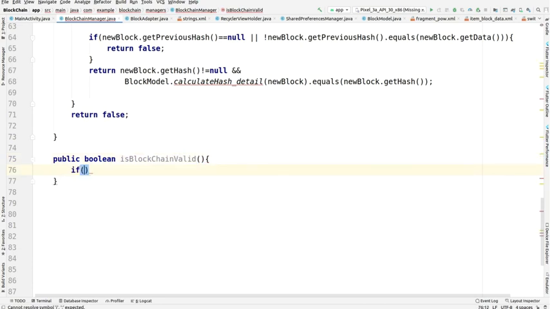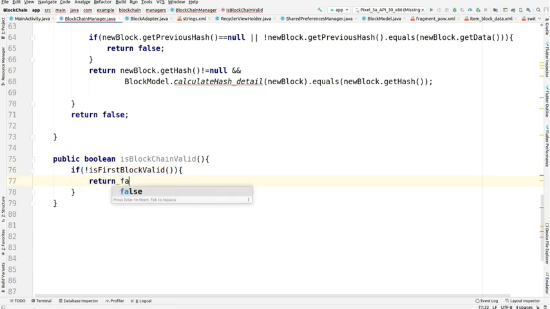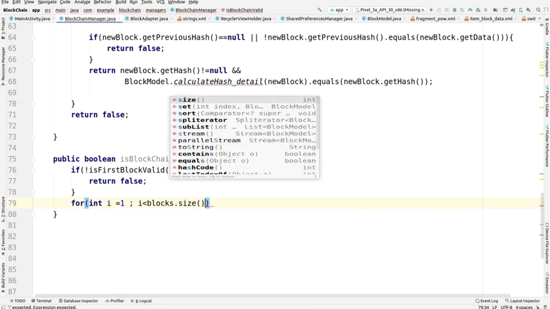And then there is one more function, to check if the blockchain is valid or not. This is also an important function. We are checking whether the blockchain is valid or not. If the first block is not valid, we are returning false. Also the not operator is there.